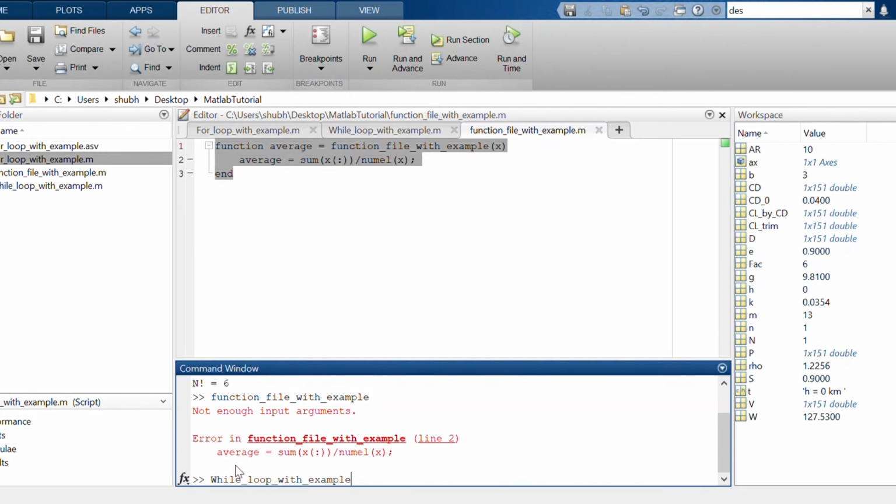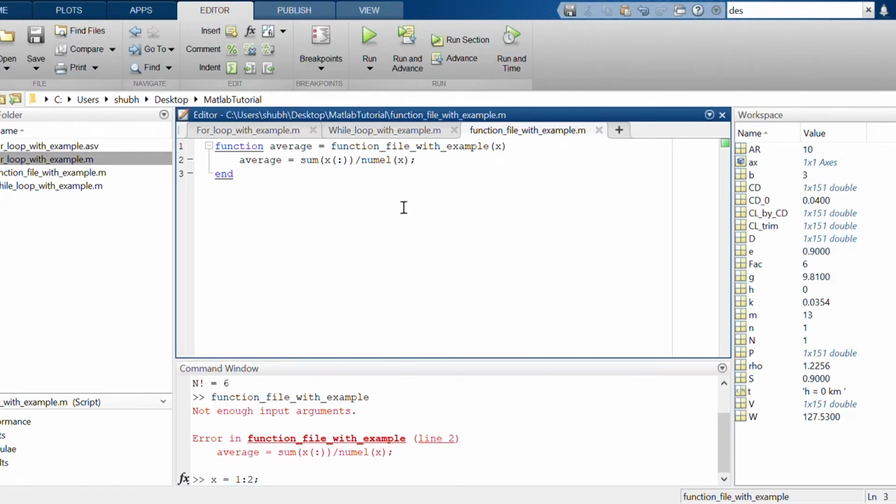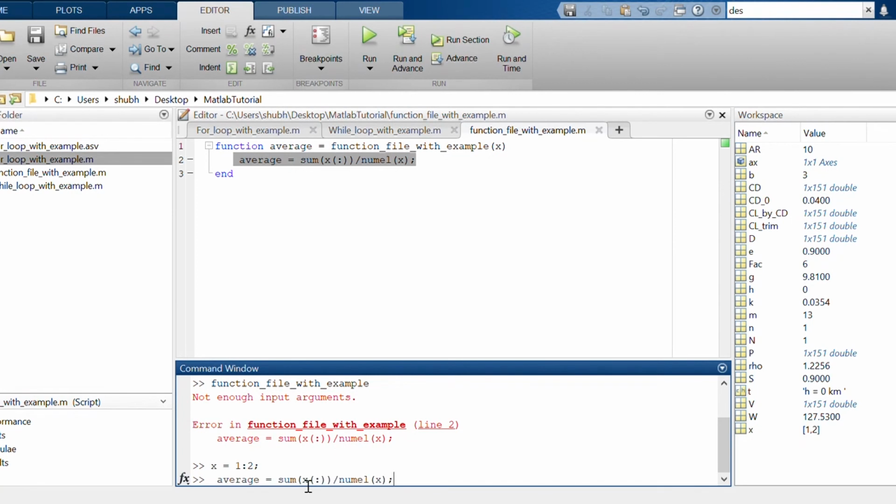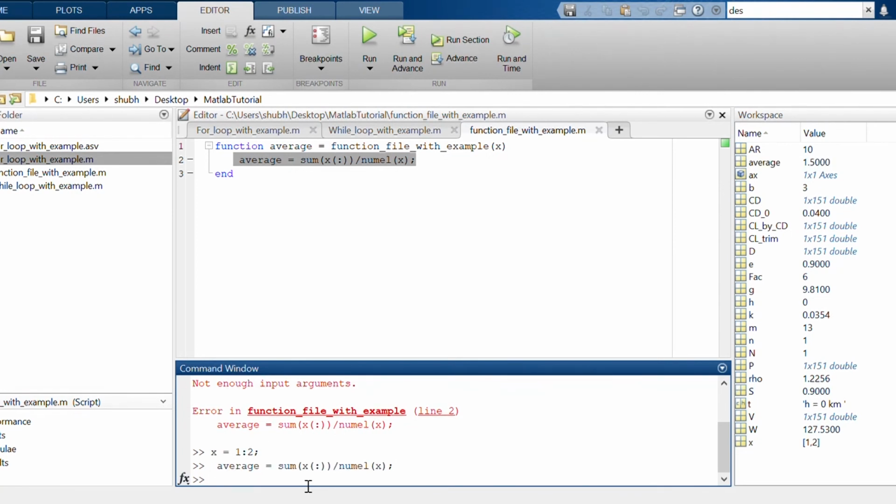What command do I have to give? Let's say I am putting x equal to 1, 2 and I want to compute the average of it. You just copy the same thing and just enter. You have put the semicolon here, remove the semicolon, enter, you will get 1.5.